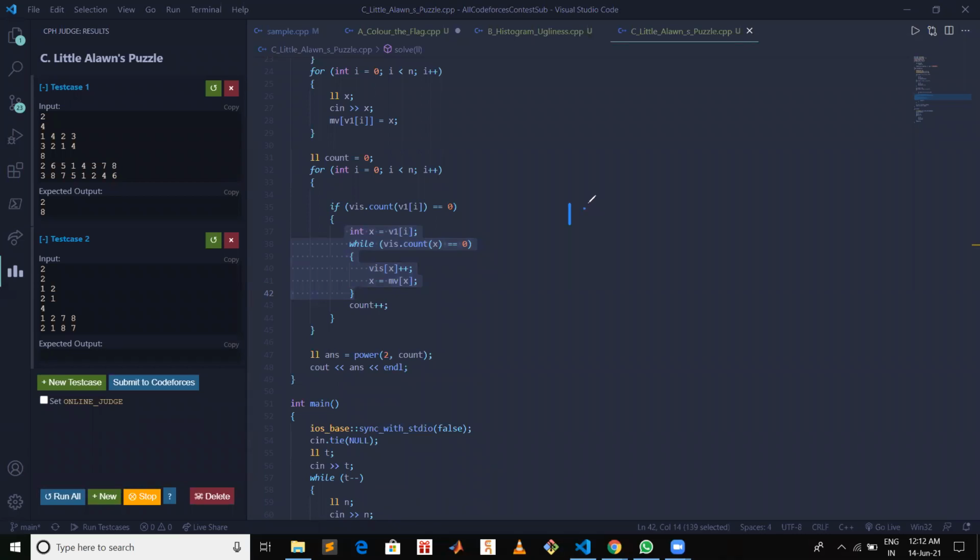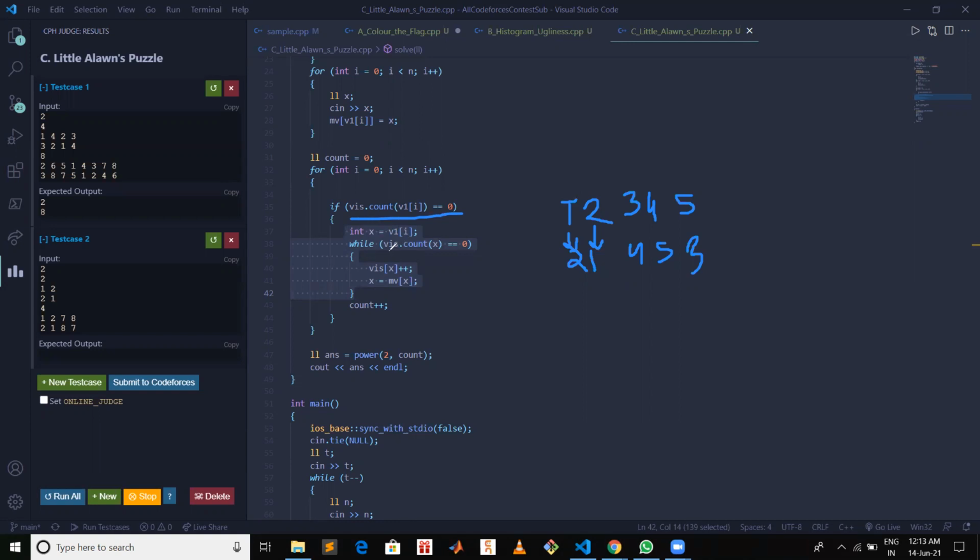Okay, so basically if this is 1 2 3 4 5 and the second, v2, is 2 1 4 5 3. Okay, so all these numbers are stored in our mv unordered map corresponding to each other. So the first number in vector v1 is 1. Since 1 is not already visited, we have taken x as 1.